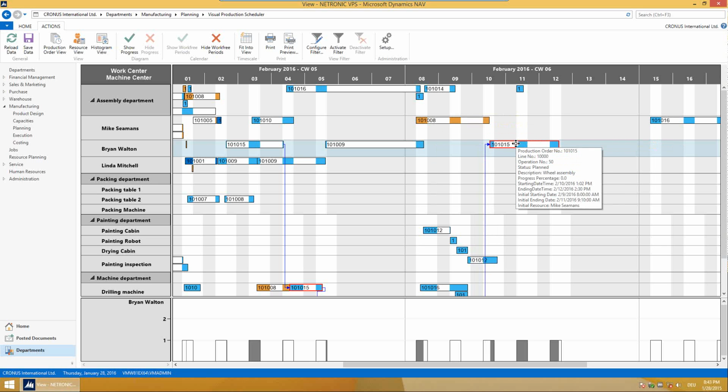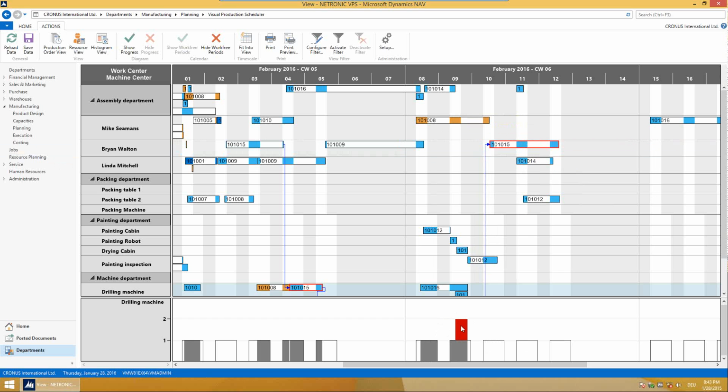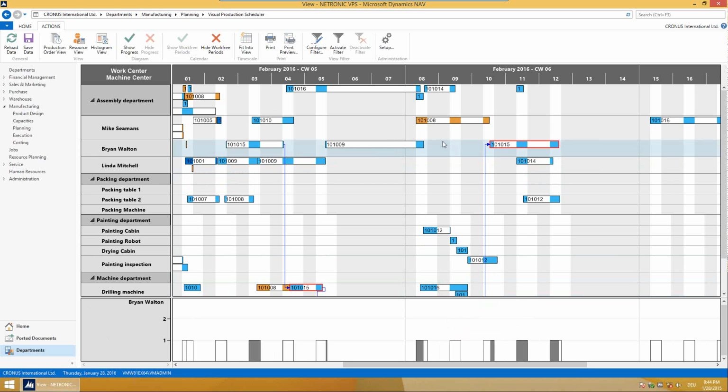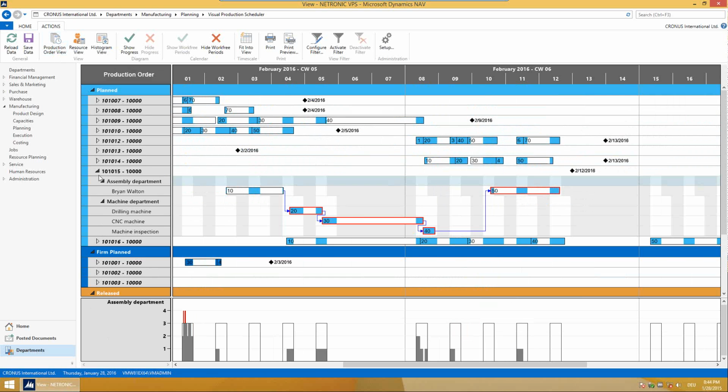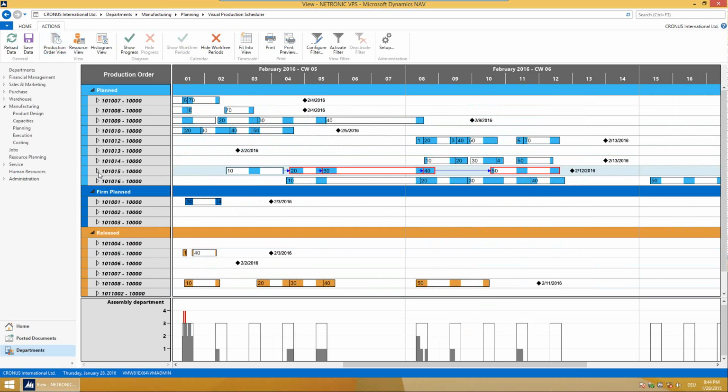So again, like with the histogram, when we look at the capacities, you get a warning like, hey, need to take care for this drilling machine and look what is happening at that day at the drilling machine. This is the warning that we give you, and we give you also the warning when you move things past their due date. Where we currently don't give you a warning, but which is in many cases irrelevant information, is